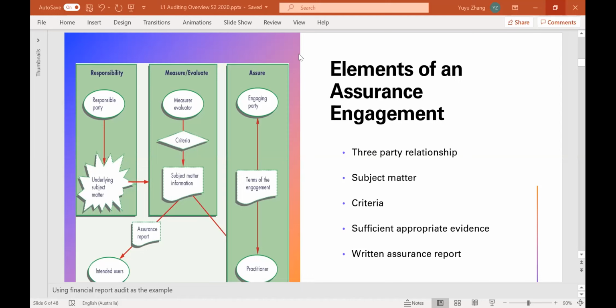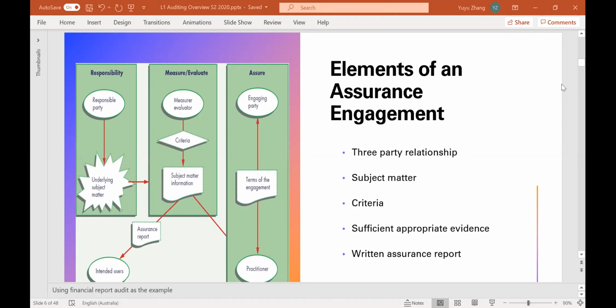So if you try to find another party, let's say the third party would be the auditor or the assurance provider. Here we form the three-party relationship. Is that right? So who are the three parties in the example I gave? The principal, the agent, and also the assurance provider, right?